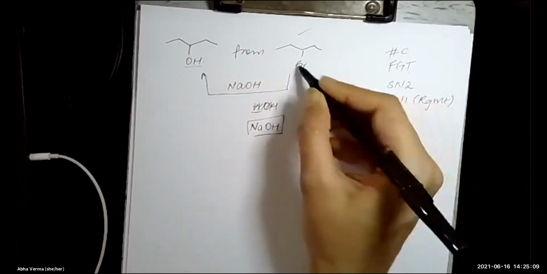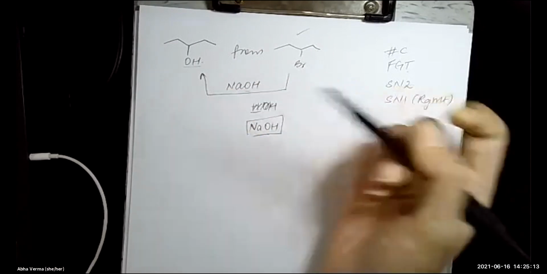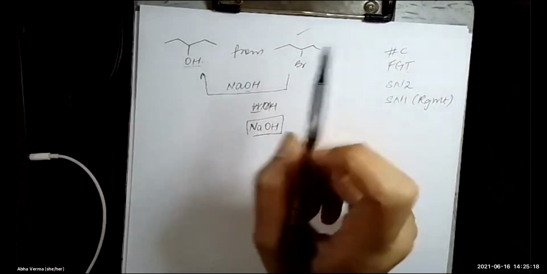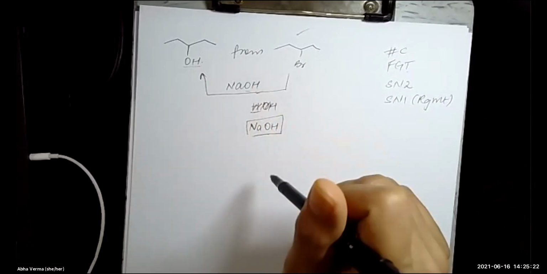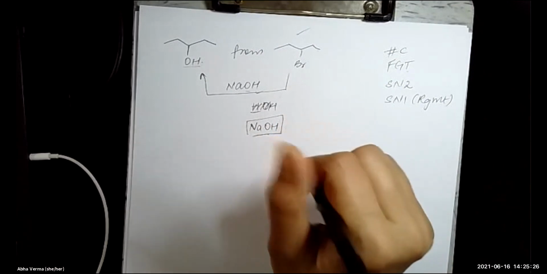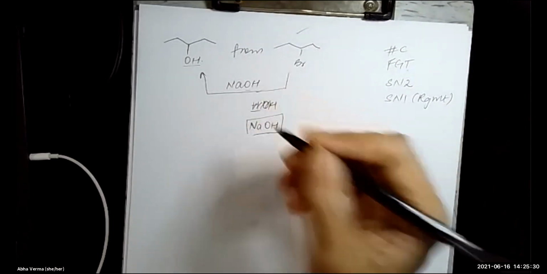Now remember, whenever you have a secondary substrate and you are using sodium hydroxide, there is a possibility that E2 will be the major product. However, for synthesis like this, you can use these reagents. Okay? And if you want to undergo an SN1, which this reagent can,